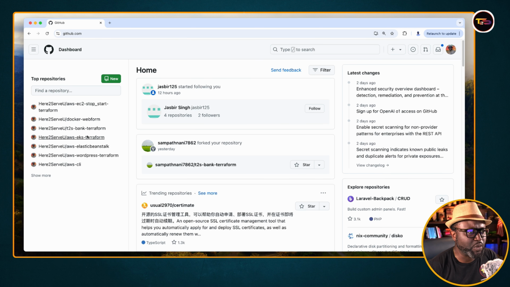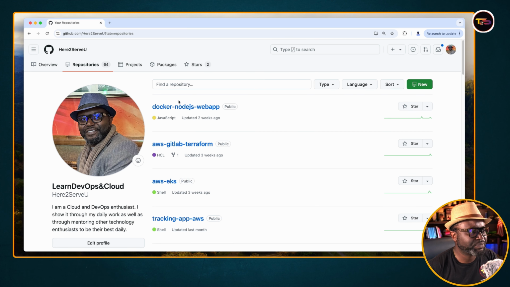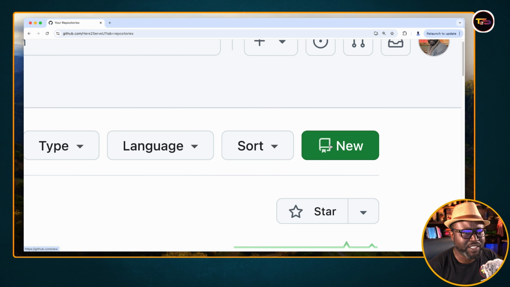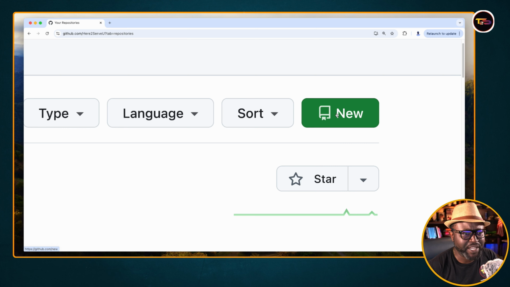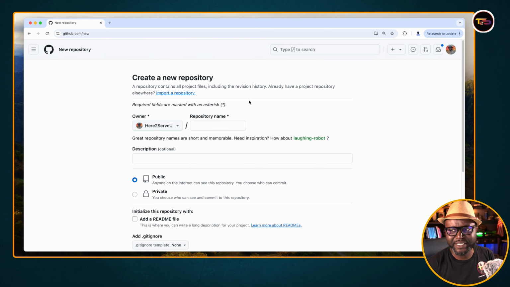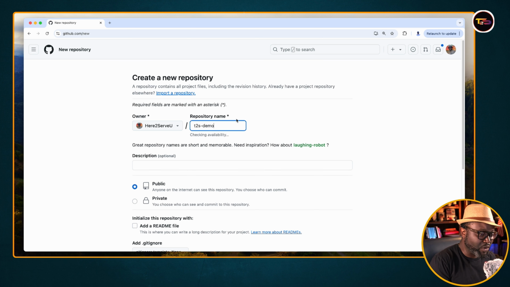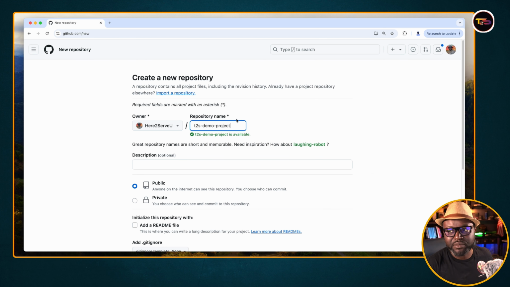You have different repositories here. So you can click here to create a new repository, which is something that I want you to do, or you go here, click on your repositories, and then you find the same green button here to create a new repository. So I'm going to click there, and I will call it T2S demo project. You can give it any name that you want,